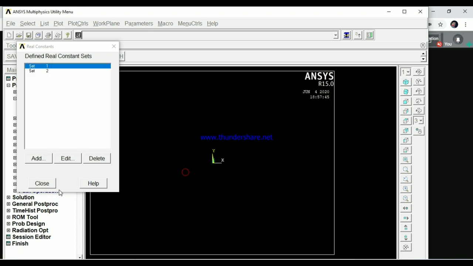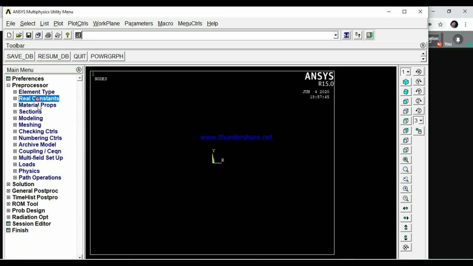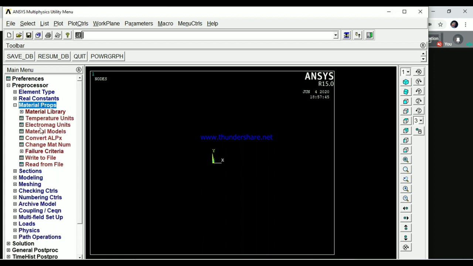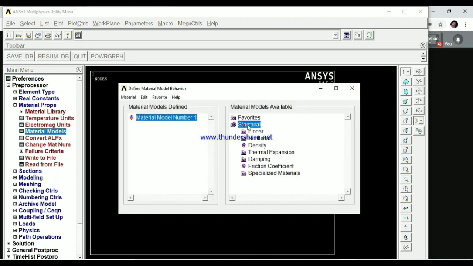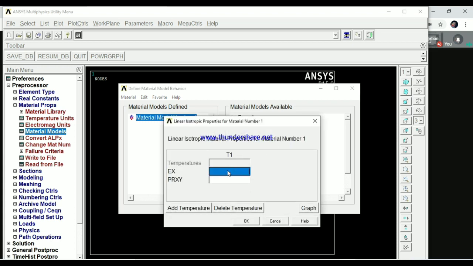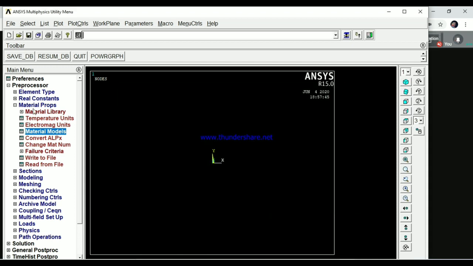Then okay, close it. After real constants, go to material properties. Only one material model is there. Structural, linear, elastic, isotropic. You can give 210 here or enter 2.1 E5. 200 gigapascal means 2E5; 210 means 2.1 E5. Then okay, and Poisson ratio is not required for us.